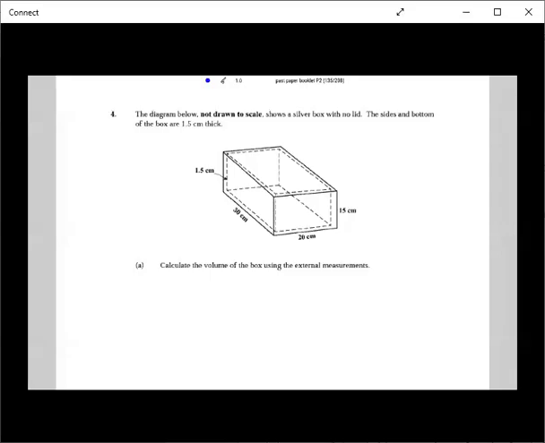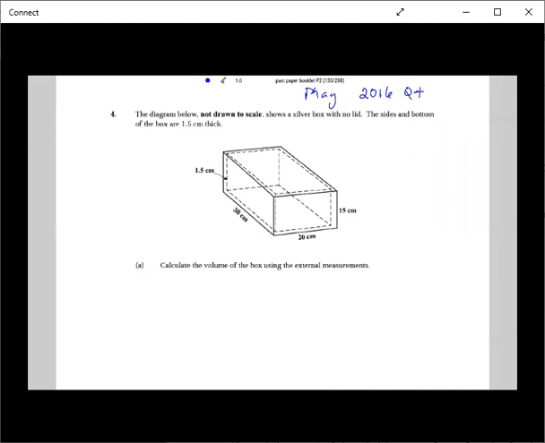All right, so one more time, this is 2016 question 4. It's May 2016 question 4. All right, so the question says, the diagram below, not drawn to scale, shows a silver box